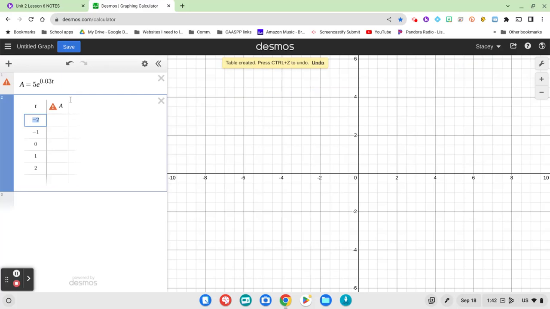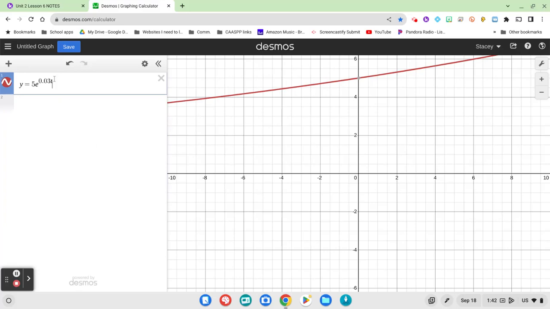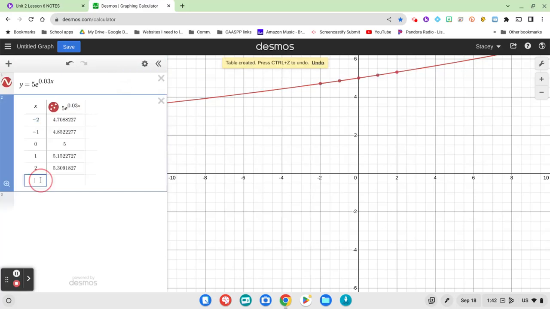it's not going to let us. So let's go ahead and just change this to be y. Get rid of that, and change this t to be x. And then it makes it a lot easier when you do graph. And I'm just going to go ahead to another line. 20, 30,